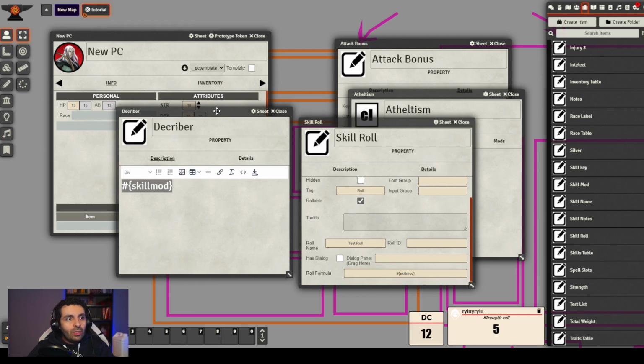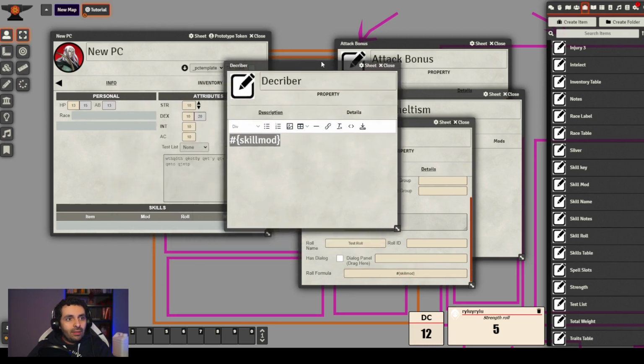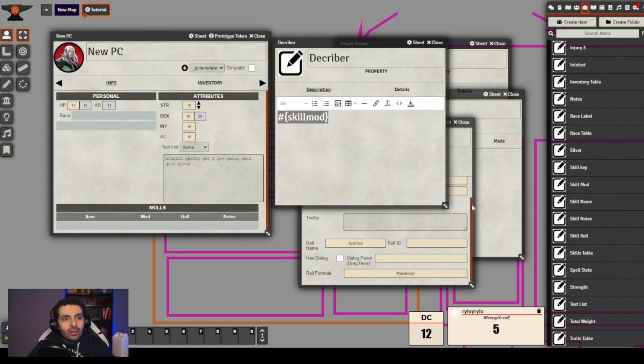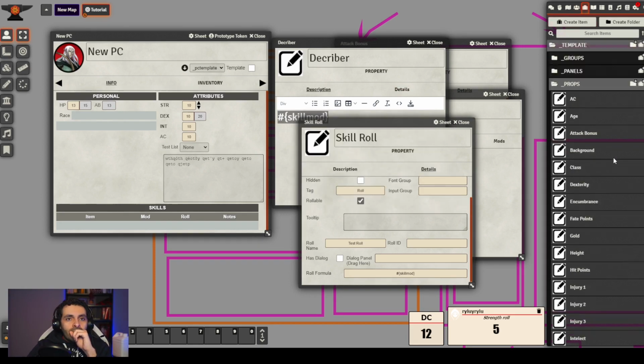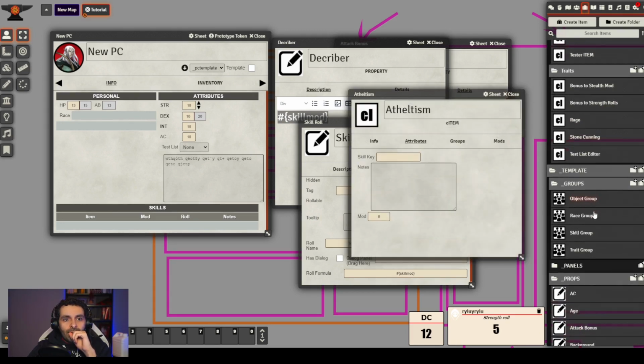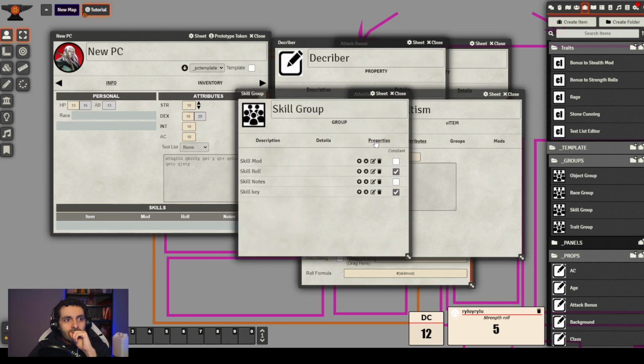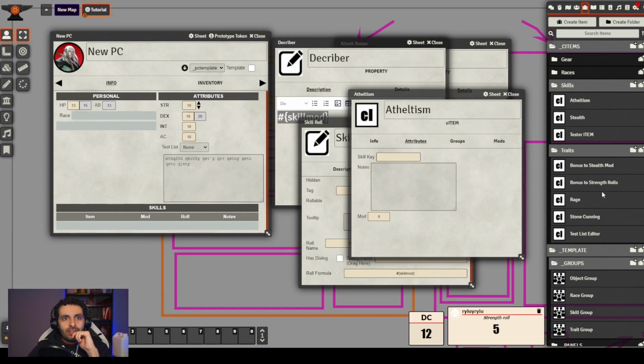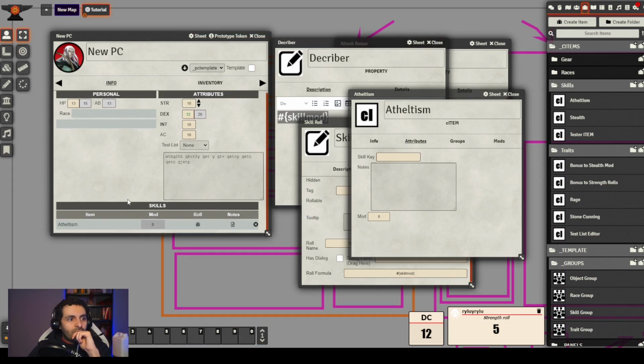It might look a little bit confusing right now, but you'll understand right away. Okay, so let's go back to that athleticism one, and if I remember correctly, the mode is variable. Okay, so let's test this, you'll see. So we drag athleticism, okay, and we have the mod field for the skill and the role icon.